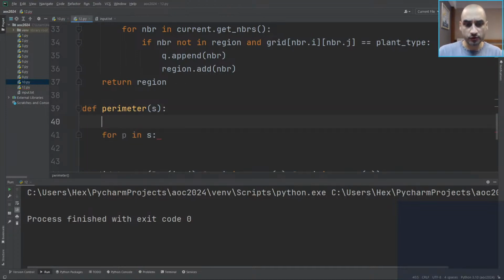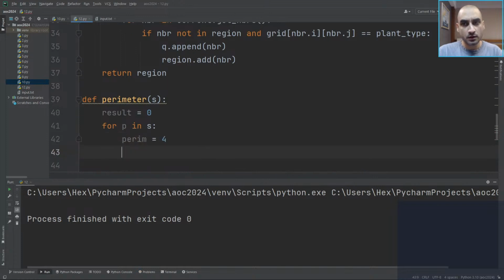Well, okay, so we're accumulating perimeter here. Normally this position would contribute 4 to the perimeter because it has 4 sides. So perim equals 4. But for each neighbor that is already in the region, we have to discard one of those edges because that's